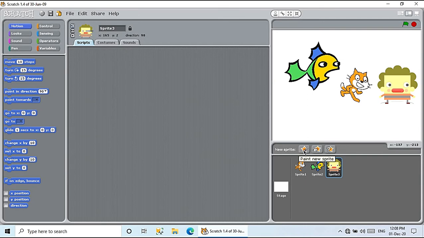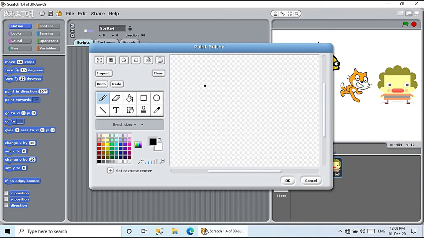Now you have paint new sprite option. This opens a paint editor window. Now this paint editor window, it allows you to paint your sprite. You can make your own drawing here. You have the tools here. You can use these tools to draw. Like supposing you use this rectangle tool, you click on that, you just hover your mouse, you'll get the name